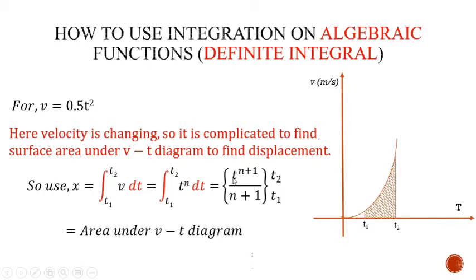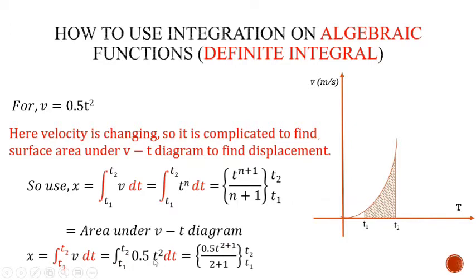By using integration, you will directly get this particular thing. Let us use this particular equation in this formula, that is 0.5 t square. To find out the integration, we will increase the power and divide the power. So here the power is 2, so it is increased by 1, that is 2 plus 1, and now the power is increased, that increased power will be divided to the whole term. So 0.5 will remain as it is.